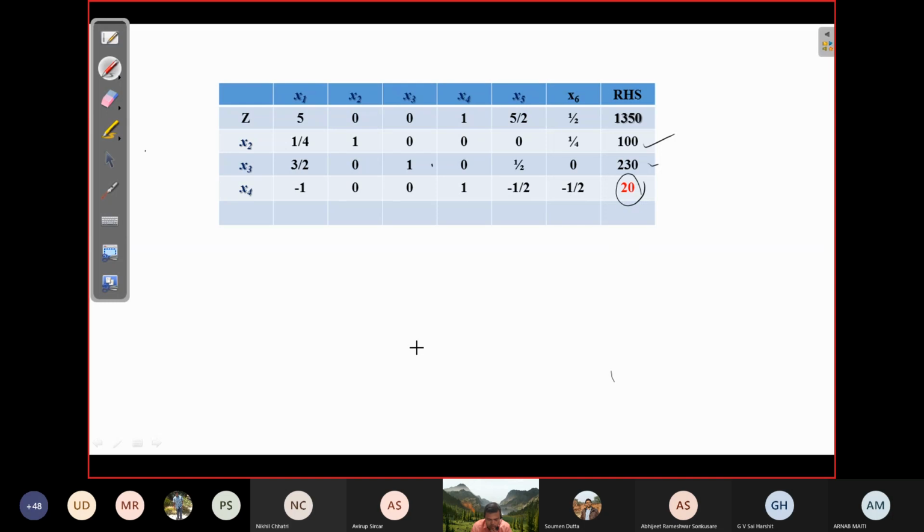What is x4? X4 is the slack for the first operation, right? So we had transferred 20 units from the third to first in the hope that we can increase the profit, or that it will be utilized in the first operation. But when you compute the optimal solution for the changed small b, you see that these 20 units are anyway lying unused there also, and your objective value is not changing, it is still remaining 1350.